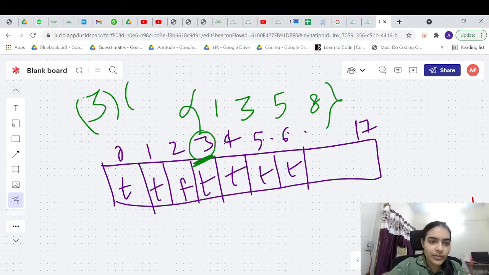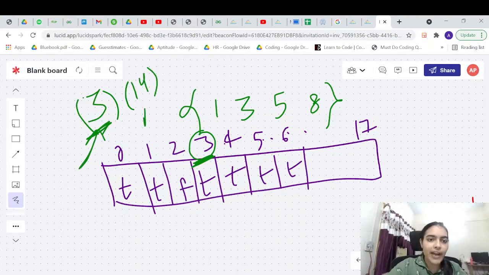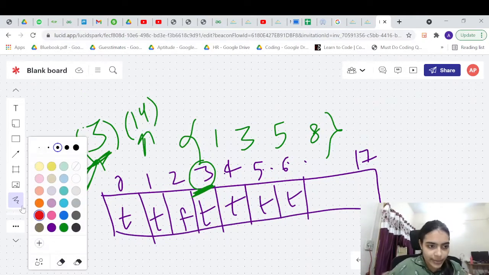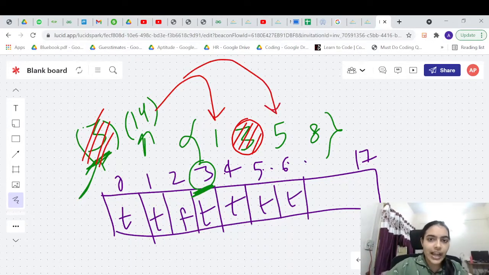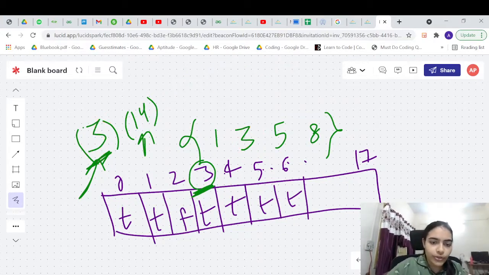So if you are taking some elements with value 3, the remaining elements have to be value 14 because, see, for example, if you are taking first set as this element 3, okay, this is the subset with the value 3, the remaining three have to sum up to 14. 1 plus 5 plus 8 is 14. Okay, so if you know you can make a subset with sum 3, you know that the remaining value is 14. Then you can calculate the difference between 3 and 14.